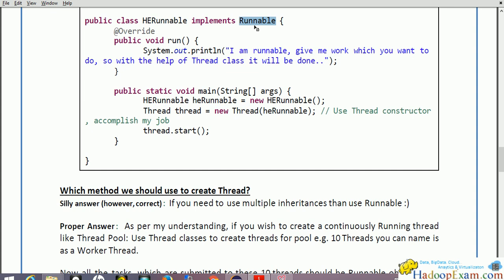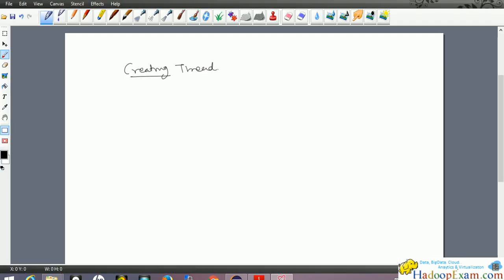So runnable is a task you would use if you have so many tasks to complete, and who is going to complete it? The thread. Whenever you have a constant number of threads to which you keep submitting your tasks, let me draw here, that would make it clearer. Suppose there is a queue, and I keep submitting my runnable tasks.